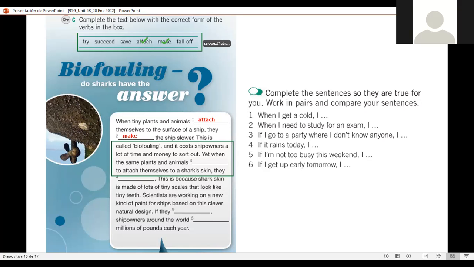Planificar o preparar esto. Yet, when the same plants, aun cuando las mismas plantas y animales, which verb would you use here? Try. Ujú. Cuando intentan, ¿no? Cuando estas mismas plantas o animales intentan adherirse a la piel del tiburón,